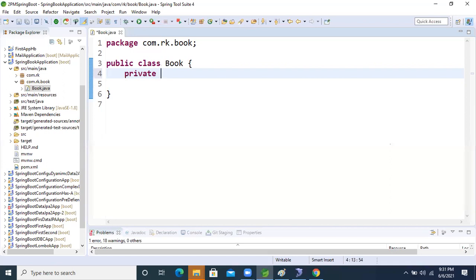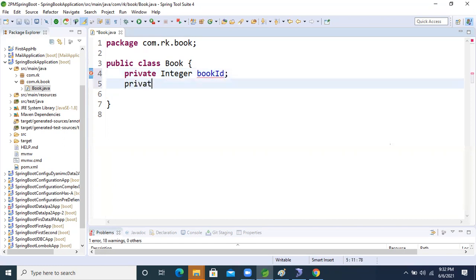Private Integer ID, Book ID. Another one is private String book name.